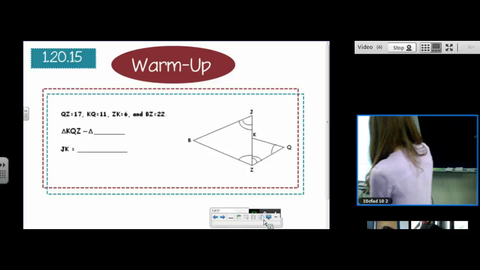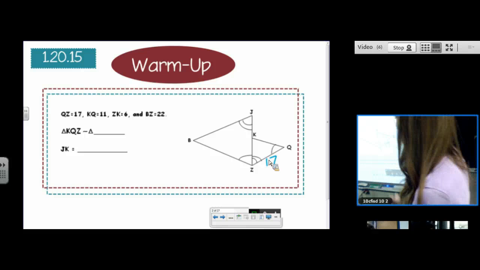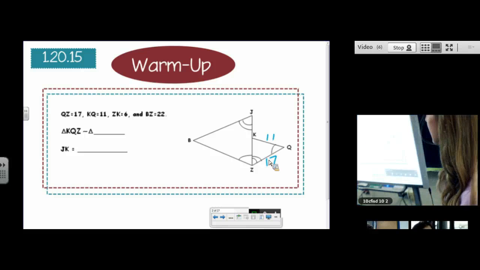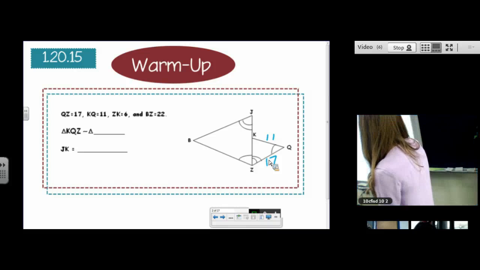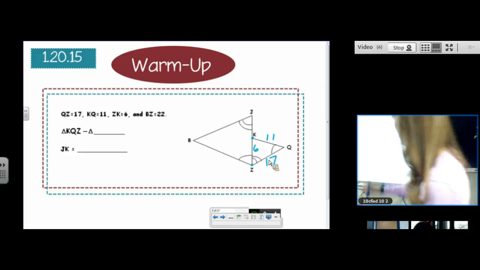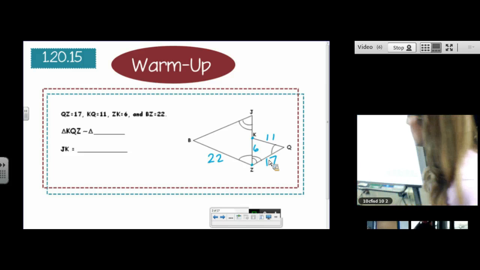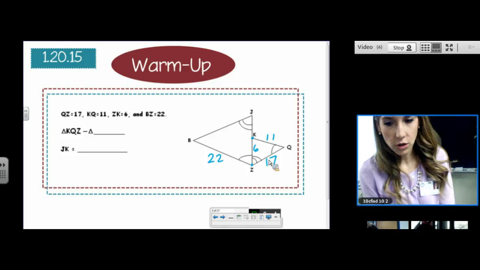Okay, QZ is 17. KQ is 11. ZK is 6, so we need to be careful. That's 6 from intersection to intersection. That's why I call that. And BZ is 22. First of all, we need to make sure that these two triangles are similar because we